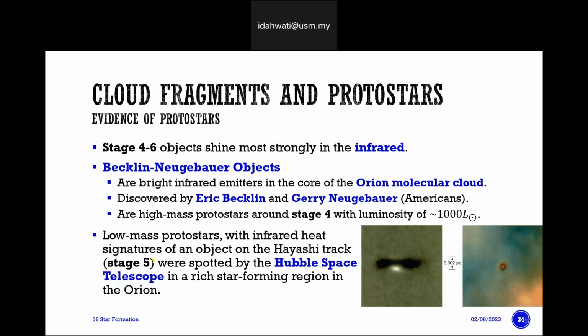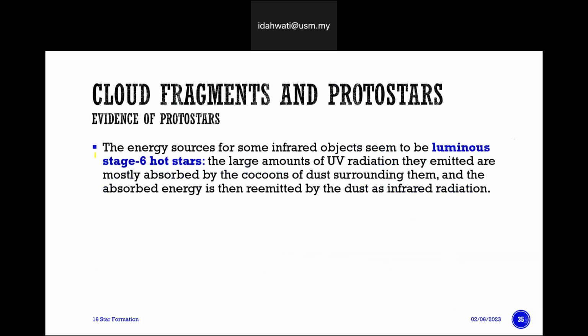For the low mass protostar, with infrared heat signatures, an object of the Hayashi track in stage 5 was spotted by the Hubble Space Telescope in a rich star-forming region in Orion. So the evidence of protostars is that the energy sources for some infrared objects seem to be luminous in stage 6